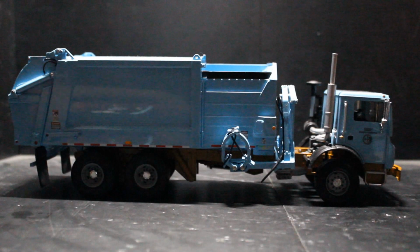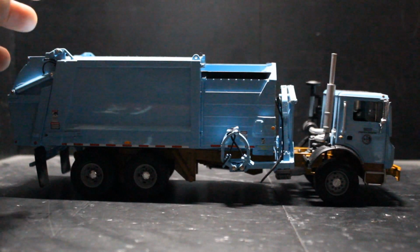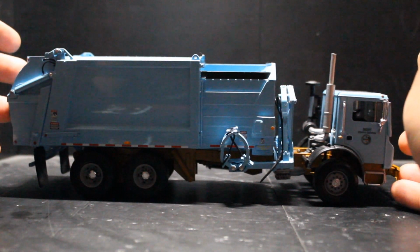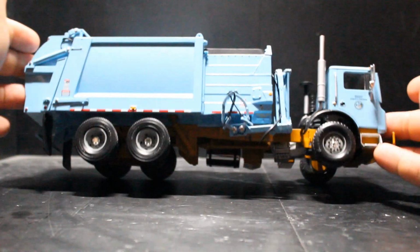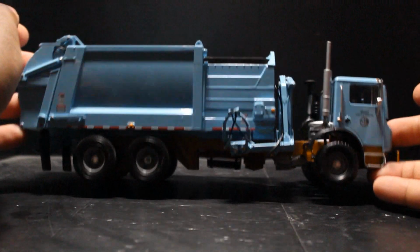Hello guys, and here's the update video of the Mack Side Loader in the City of Chicago Streets and Sanitation livery. It's a couple weeks later, and I repaired the chassis. Well, you can't see it because it's a little dark, but